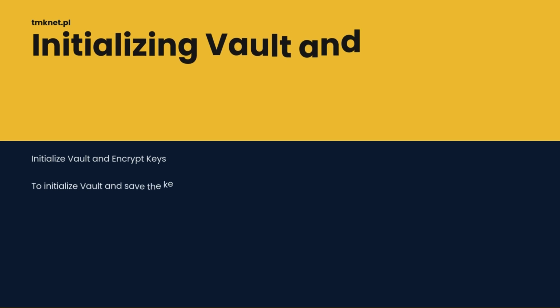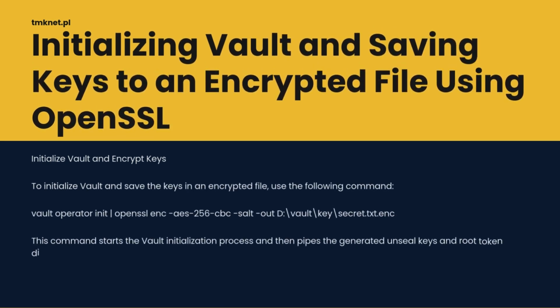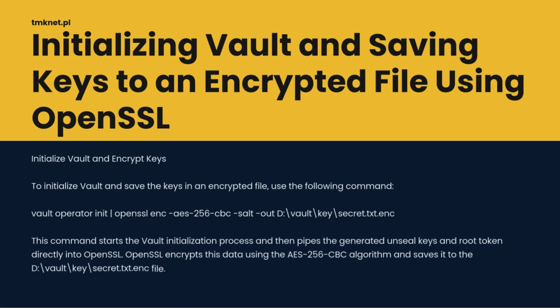Initializing Vault and saving keys to an encrypted file using OpenSSL. Initialize Vault and encrypt keys. To initialize Vault and save the keys in an encrypted file, use the following command: vault operator init | openssl enc -aes-256-cbc -salt -out d:/vault_keysecret.txt.enc. This command starts the Vault initialization process and then pipes the generated unseal keys and root token directly into